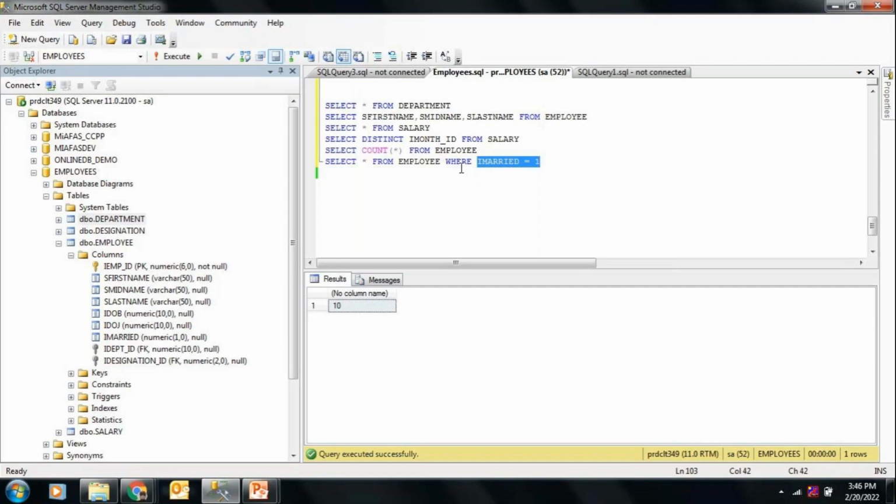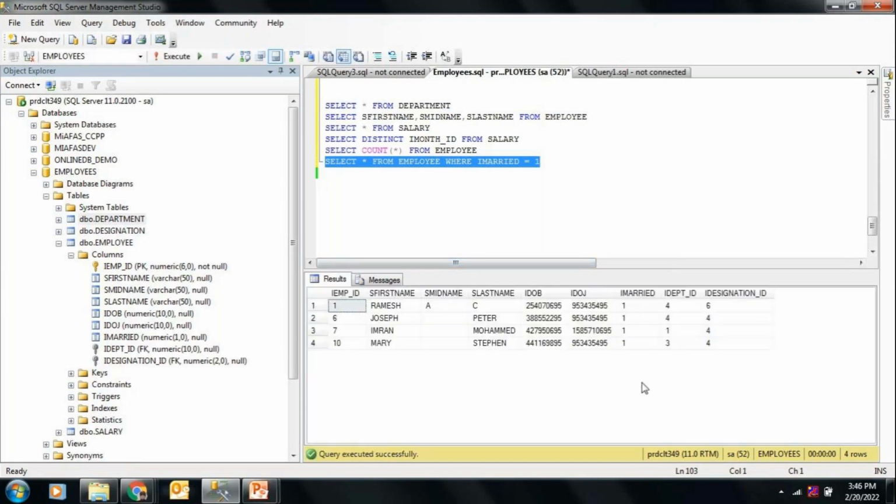Okay. Now if I run this, you remember number of records in employee is 10. Now after this it is only 4 rows. That means there are 4 employees who are married. So the number of records in employee got filtered based on this condition. Okay. This is a very simple